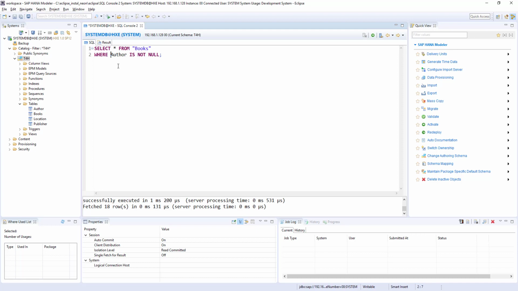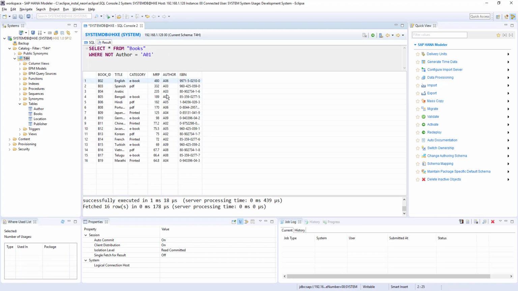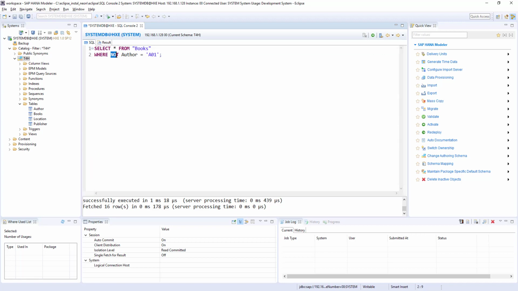For example, where not author is equal to A01. If I run this, A01 is not there in the list. That is something like you need to use not. So not should come before the field value in all cases except null.